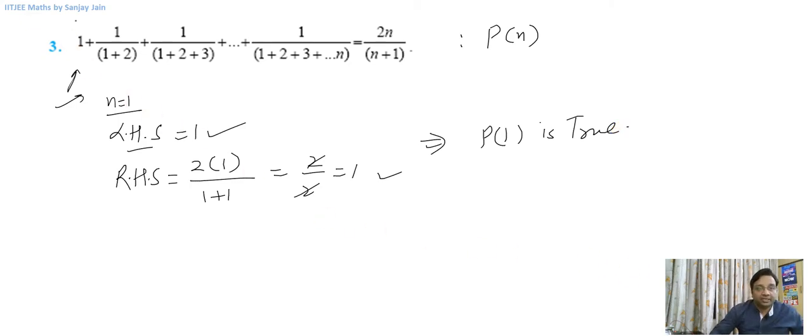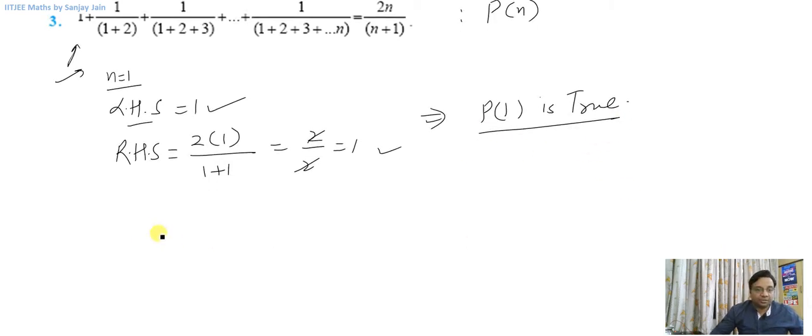So let me write it here. Okay, let it be here. We will see if we have ample space or not. Then we will decide whether we erase it or not.